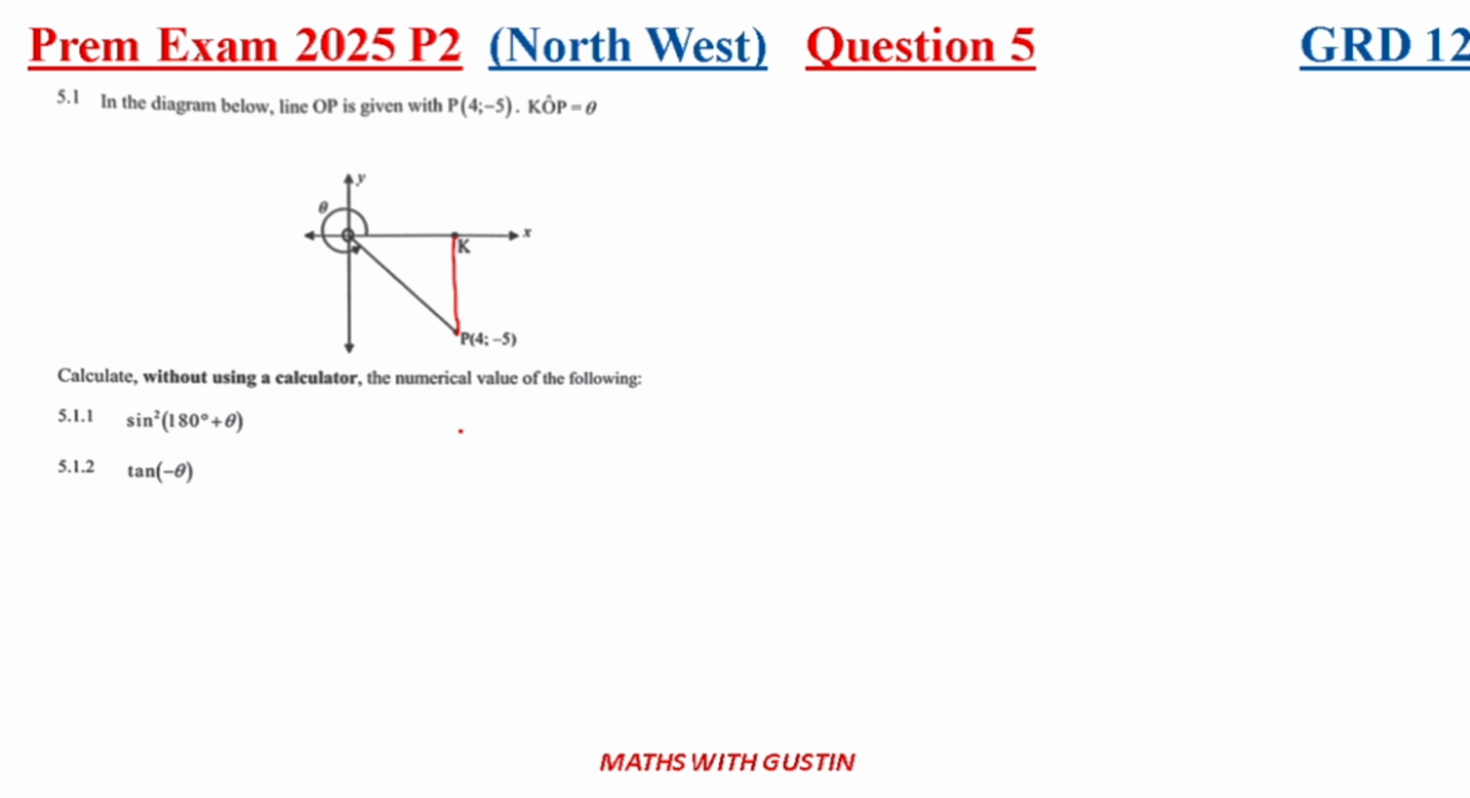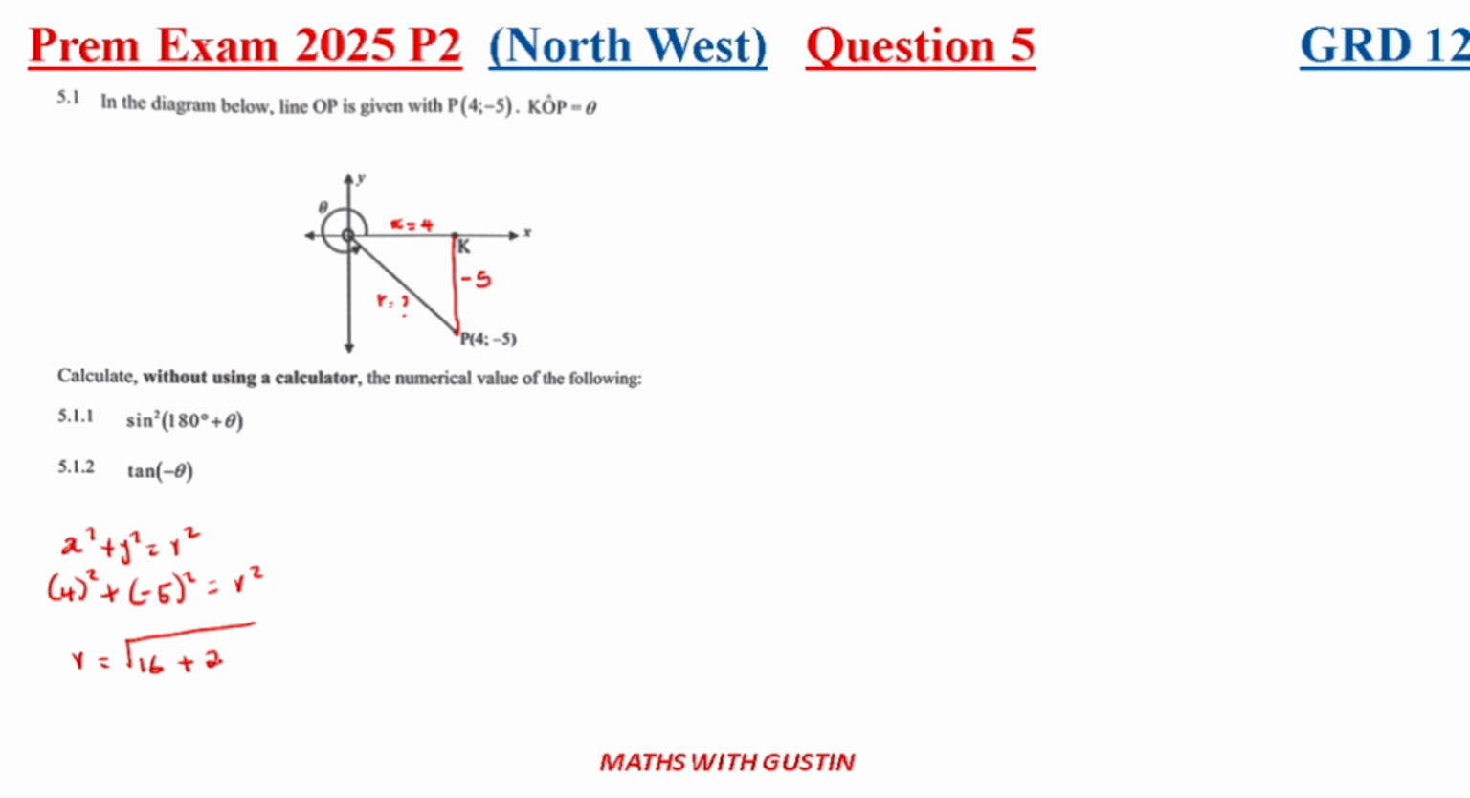So now let's have a look at this. Our x is 4, and our y is negative 5. So we are left with r here. Let's go to Pythagoras theorem and calculate the value of r. Pythagoras theorem says x squared plus y squared is equal to r squared. Our x is 4 squared plus y, which is negative 5, all squared, is equal to r squared. So therefore r is going to be the square root of